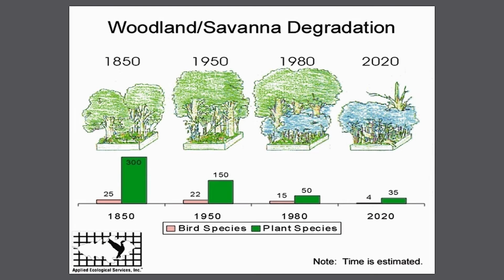Now this really made a big impression on me when I saw this in the 1990s. It just was, you know, how sometimes the light bulb goes on, it really goes on. This was Applied Ecological Services put this graphic together, and it just perfectly illustrates what has happened since European settlement. So we've been here. The Europeans colonized in like the 1850s, so we've been here for about 170 years, is that right? Yeah, something like that.